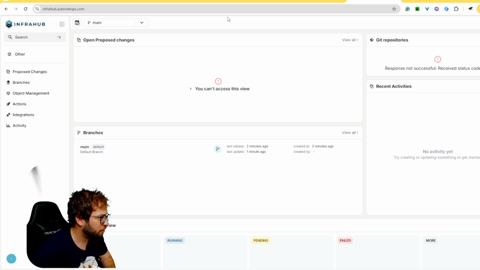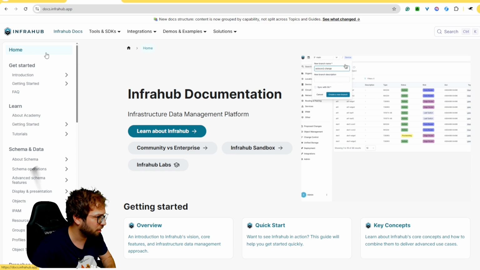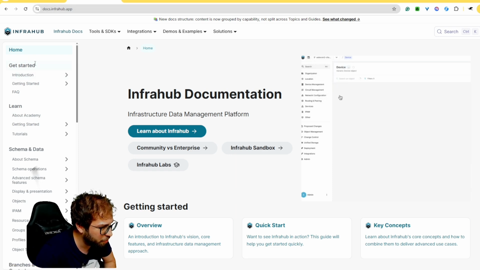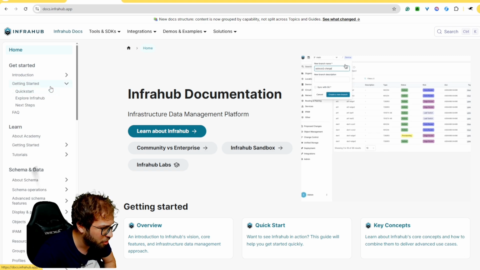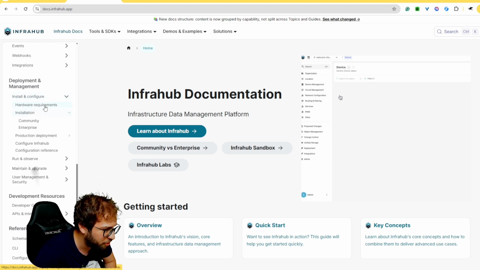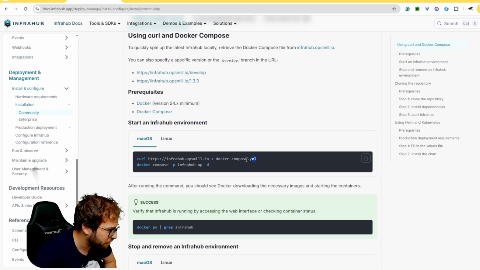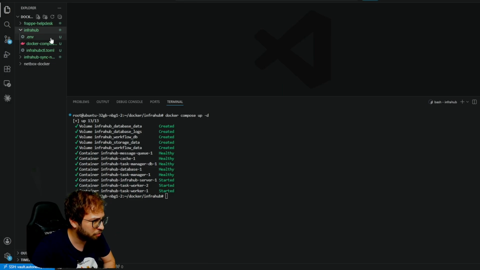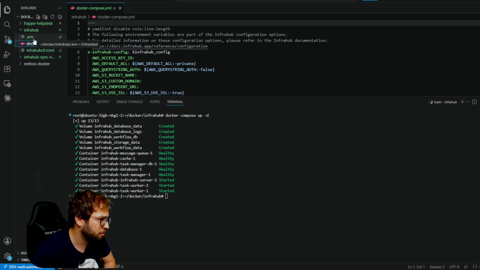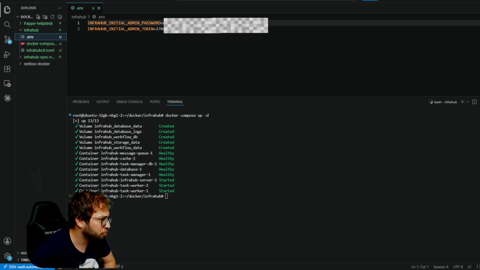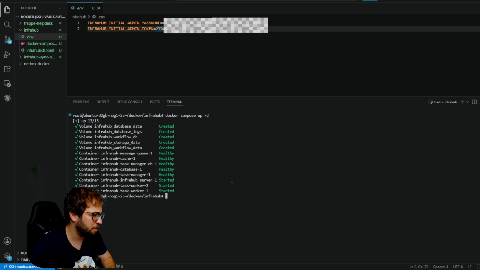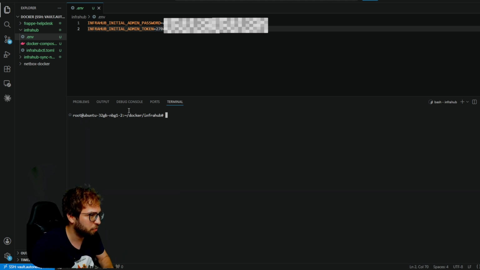So two things first. It has to create the artifacts that we're going to use. And we have just the installation, a quick one here. On the Infrahub documentation, you have the introduction, getting started, quick start, right? But if we go down here, under deploy management, there is the installation for the community. So what I'm basically doing is grabbing this Docker Compose to bring Infrahub up. I created the Docker Compose here, with one addition: an .env to create my initial admin password and a token,